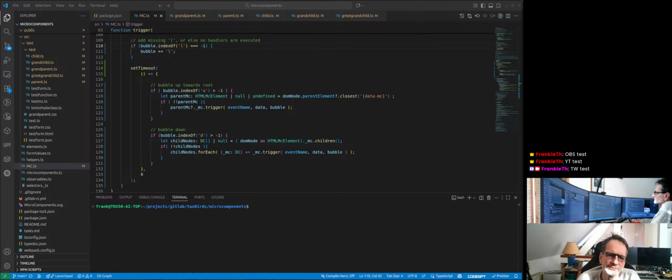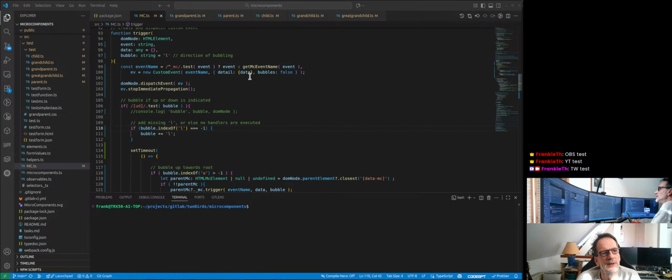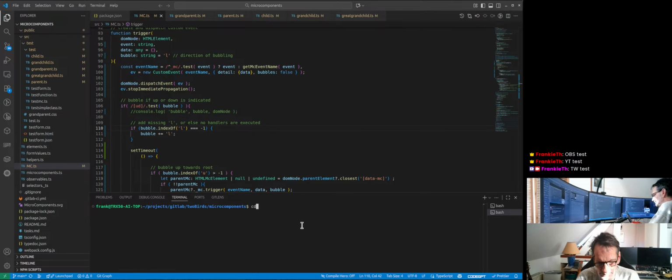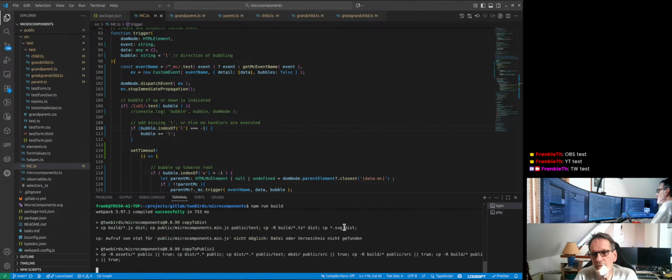Right here, I have my trigger mechanism. Let's first get the system up and running. This is for starting a normal server, just a PHP server. And this is my normal terminal, npm run build. Okay, and then